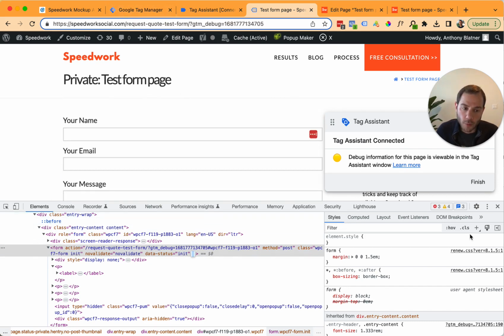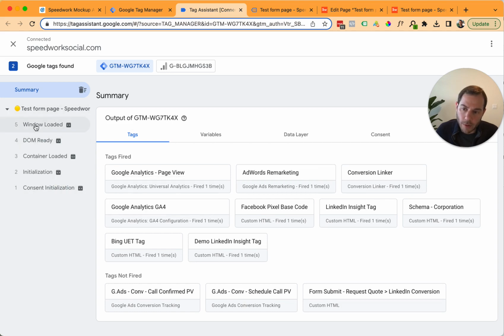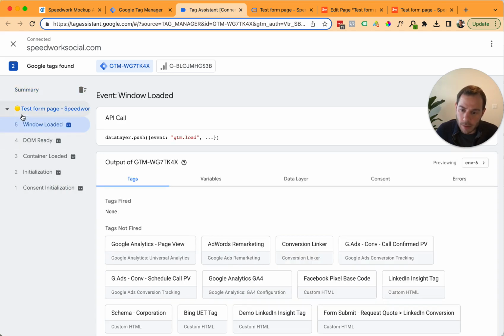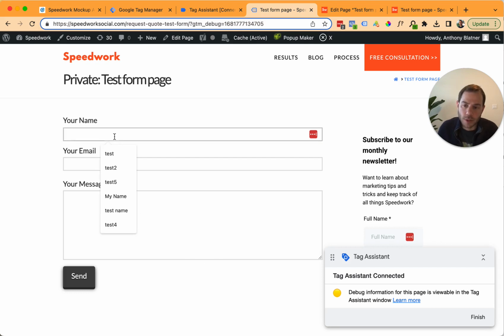So if you do have that form trigger, then that's good. So now over here, I can see that my events triggered. I can see that so far my insight tag is triggered, but my form submit tag is not triggered. So that's what I want to make sure, that when I submit my form this gets triggered, and then I want to check back in LinkedIn to make sure that event is showing up there. So over here on this page, I'm just going to submit a test form,